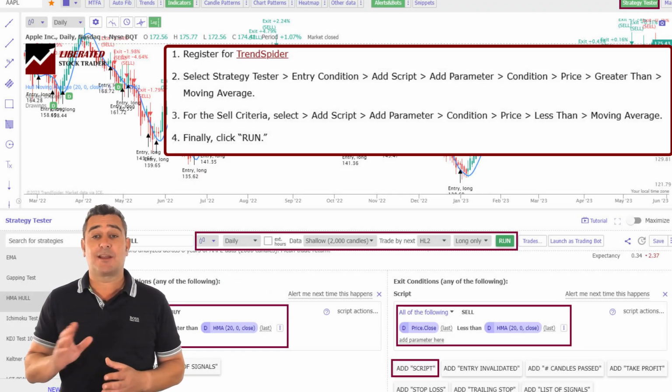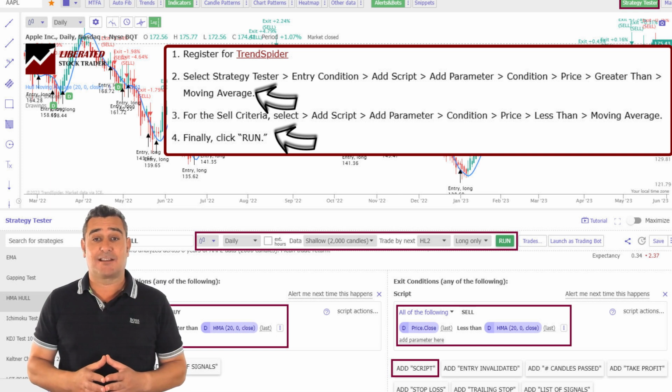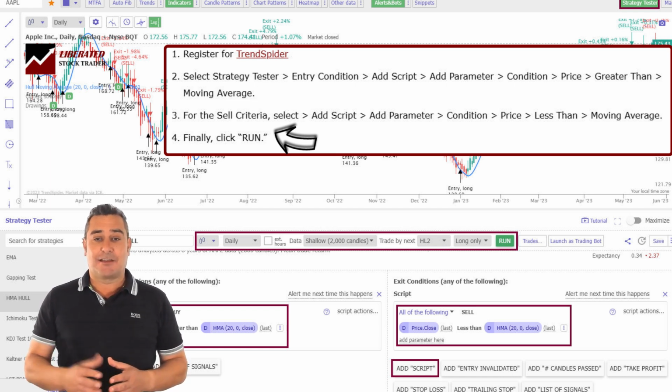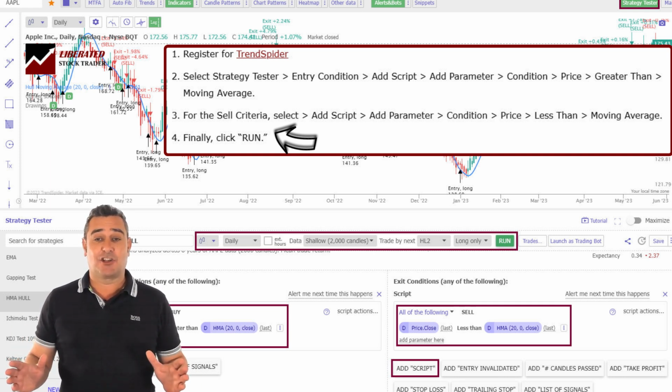Let's walk through a simple example. Suppose you want to test a moving average crossover in TrendSpider. You open the strategy tester, go to entry condition, then add script, then add parameter. From there, select condition, choose price, and set it to greater than moving average. For the sell condition, you repeat the process and set it to price less than moving average. Once you click run, TrendSpider instantly shows your profit, win-loss ratio, drawdowns, and a chart of where the trades were